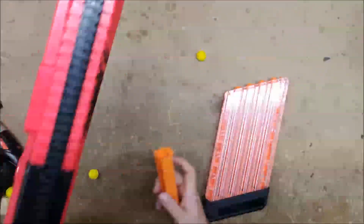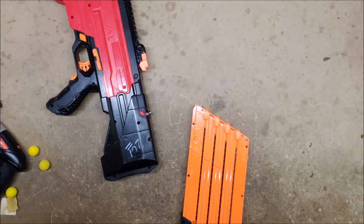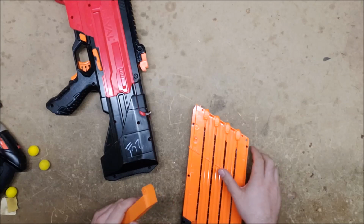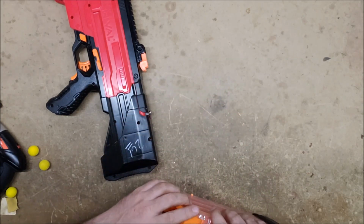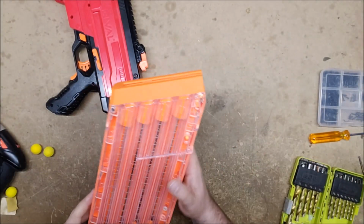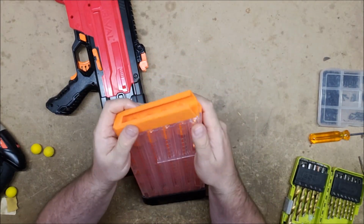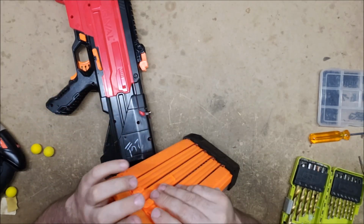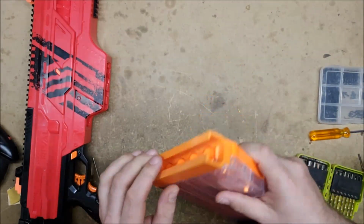Well, that's not good. Well, it looks like the retention pegs, knobs, have just cracked. So they're not really holding in that well. Alright, I drilled a couple of holes, put in a couple of screws, and now that shouldn't fall out as easily. Alright, it took a little bit of filing and a little bit of sanding,